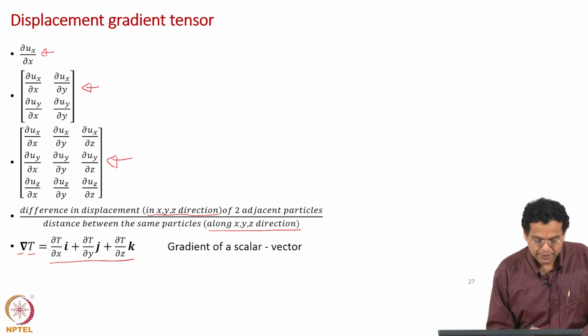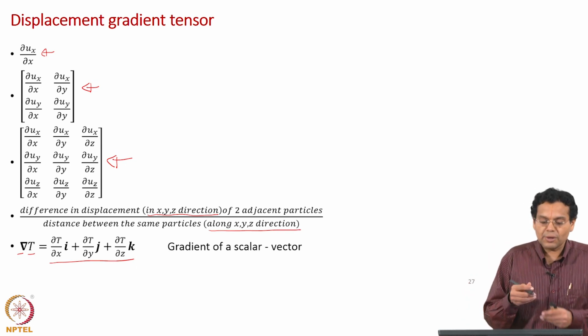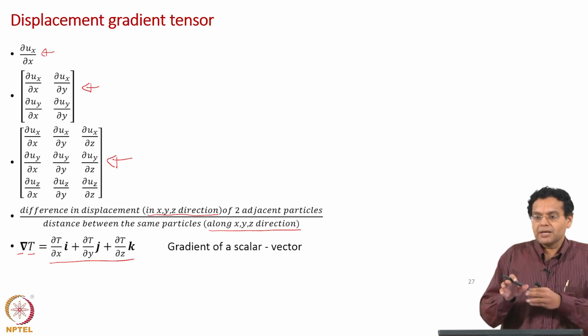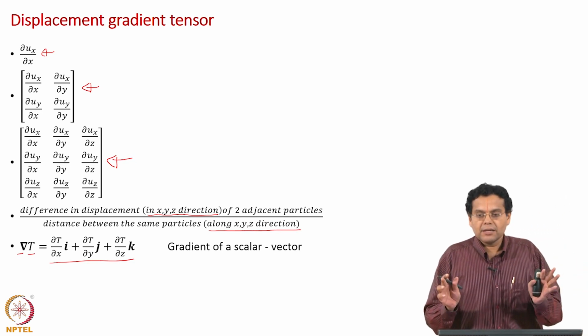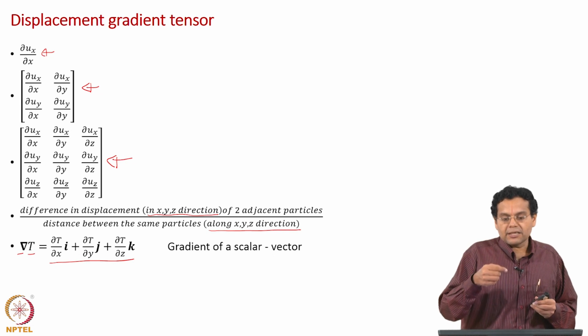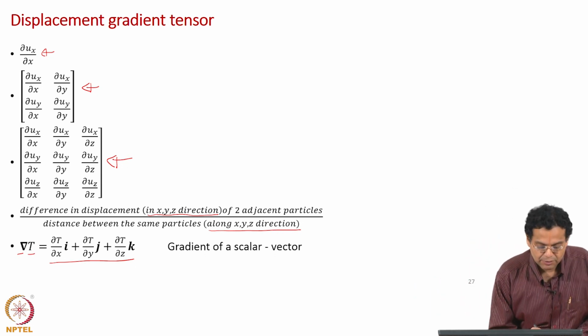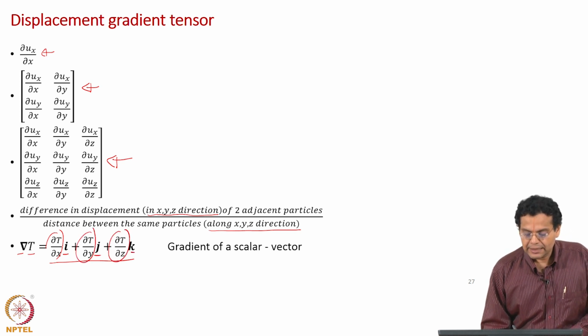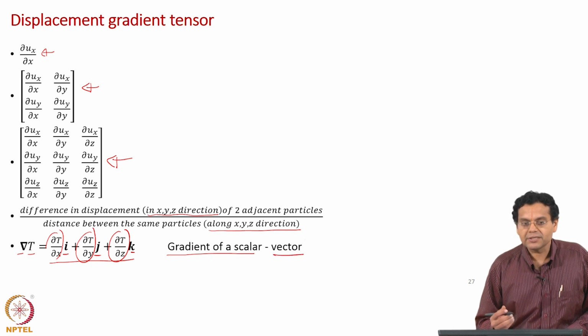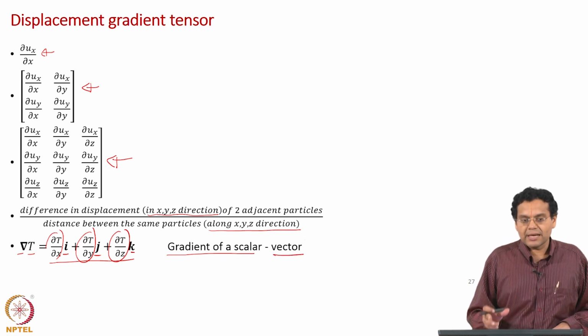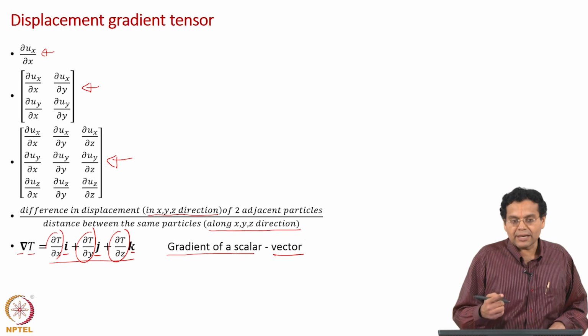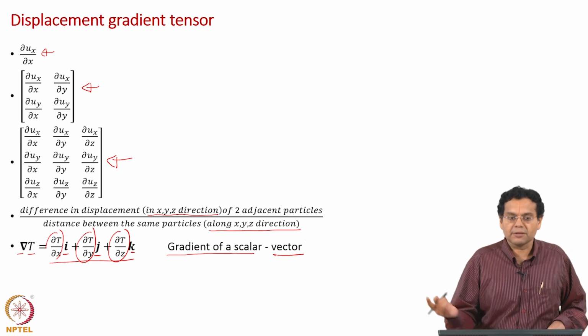So, that is why the moment you take a gradient you attach a direction. The temperature field is scalar, but now I say rate of change of temperature along x axis, rate of change of temperature along y axis. So, you attach a direction, that is why you have dou T by dou x i, dou T by dou y j, dou T by dou z k. So, gradient of a scalar is a vector, physically why? Scalar has no direction; the moment you take a gradient you attach a direction, and the moment you attach a direction it becomes a vector.